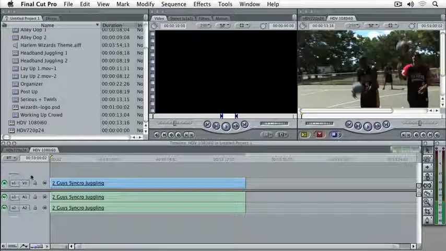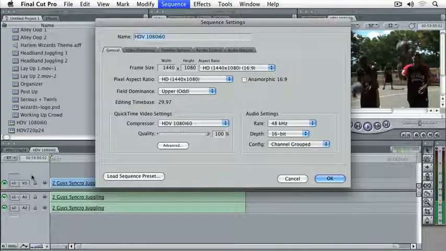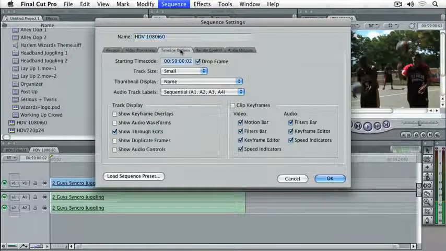And you'll see that this starts at 59 minutes, but I'm going to have this start at the 1 hour mark. So let's press Command and 0 to get back into our sequence settings. And we're going to come over to our timeline options again. For the sequence that we're working on, we're going to set it to be non-drop frame. So I'm just going to turn off the checkbox beside drop frame. And we're going to put the starting time code as 1 hour. I'm going to leave the track size as small,